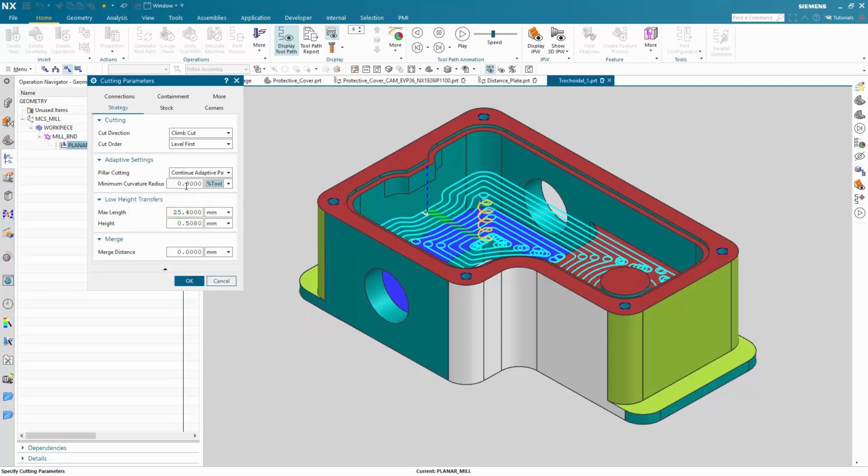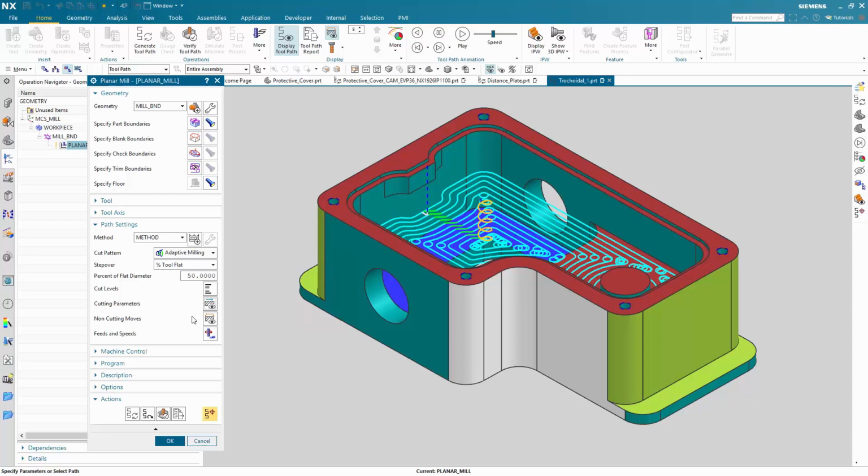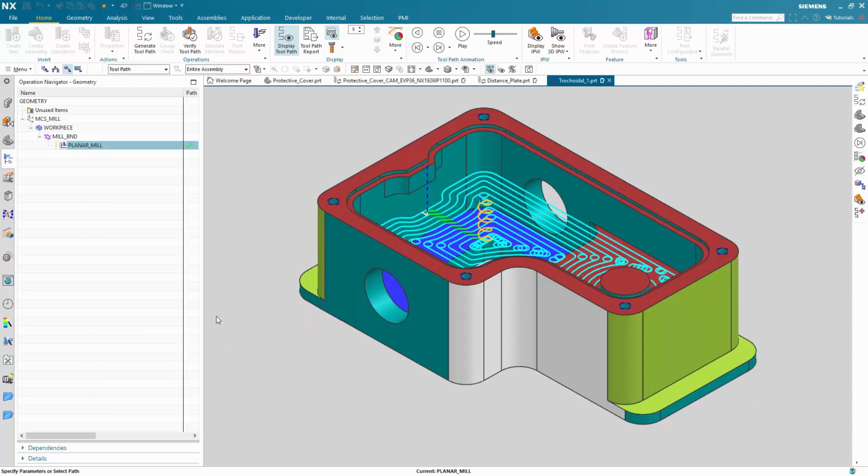So now here we are setting the percentage of the tool diameter. Let's say in this case, okay, let's have 5% of the tool diameter, and the low height transfer moves look good so far. We can adjust them later. Also, if you look at the non-cutting moves,